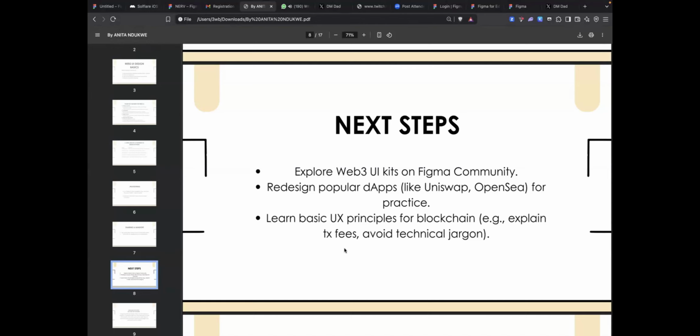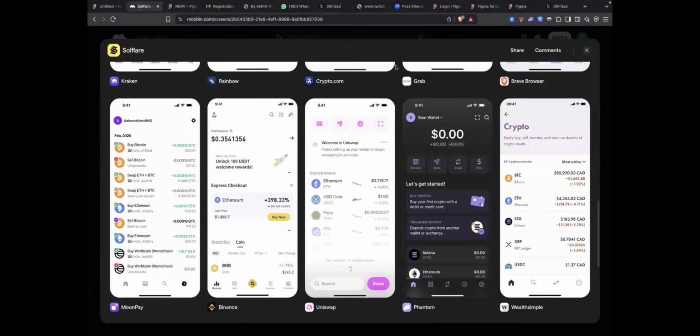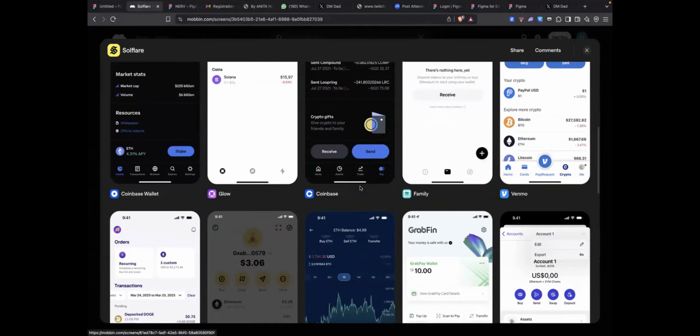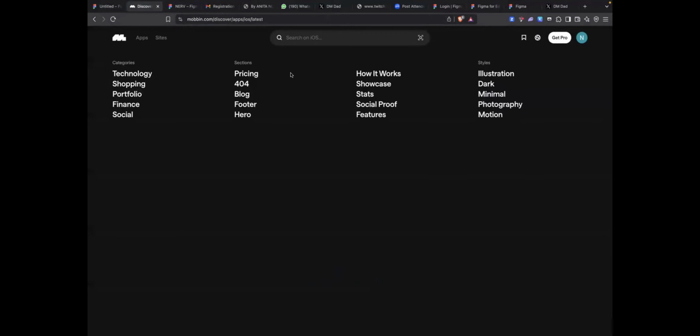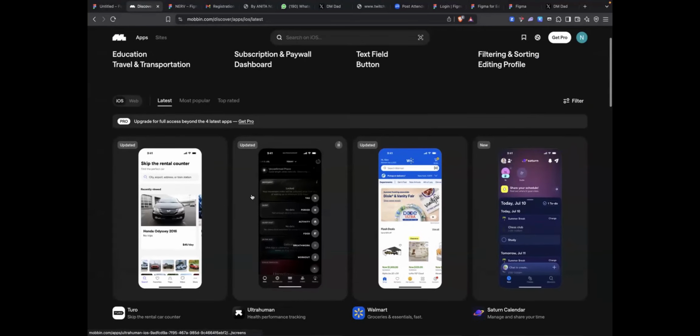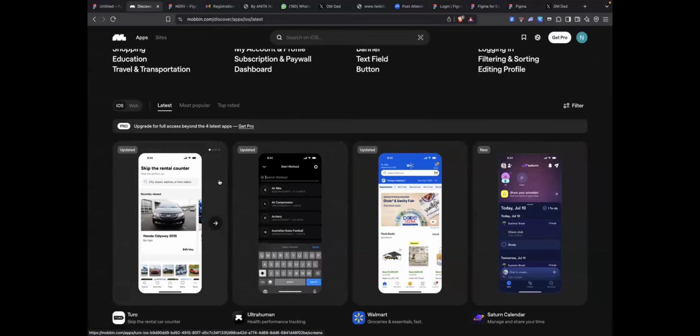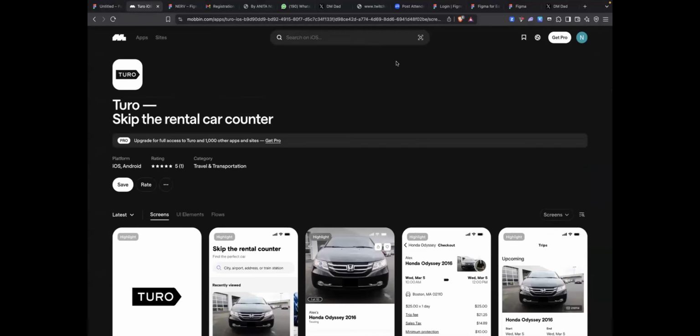I know a lot of people use Pinterest to look for inspiration, but Mobbin is one of the best places to look for inspiration because it will guide you. Let me share it here. You can actually copy any of these screens and paste them on your Figma. For today, this is the screen that's available. I think for a year you can pay like $100. So you see how it works here.